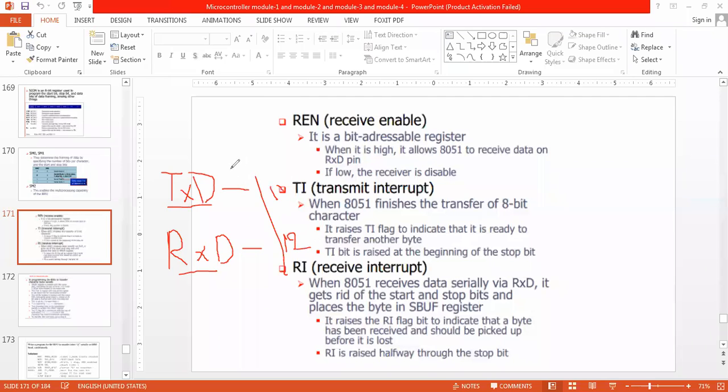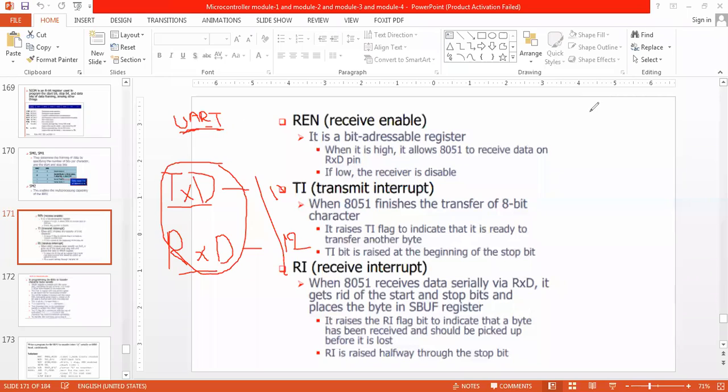Now, along with this, what I am calling UART, Universal Asynchronous Receiver and Transmitter. It is asynchronous because there is no clock signal controlling the communication between the two devices. So there is a universal standard.